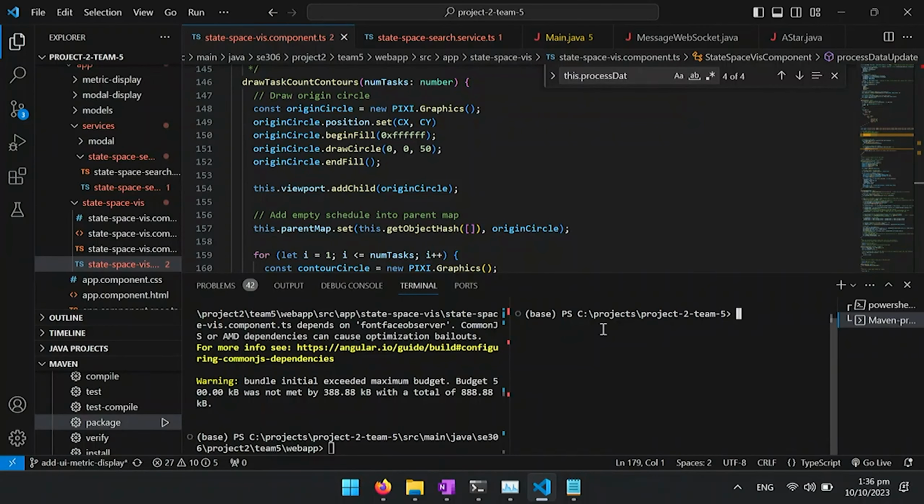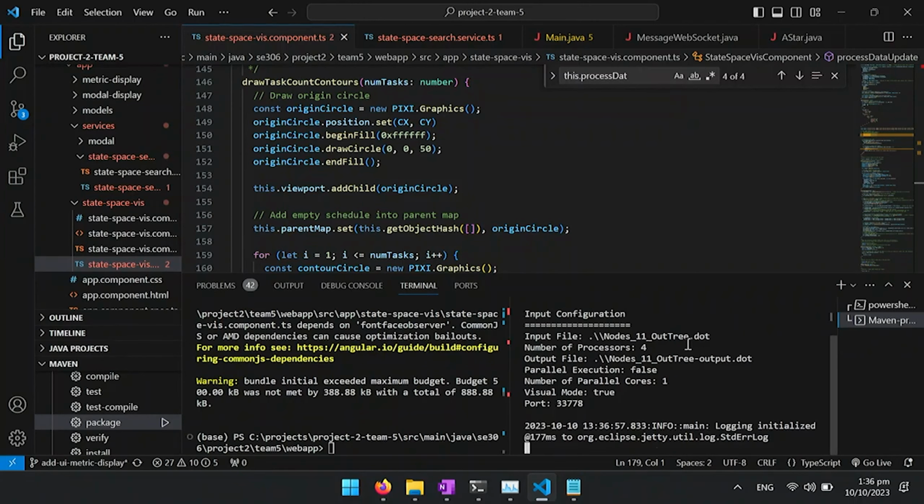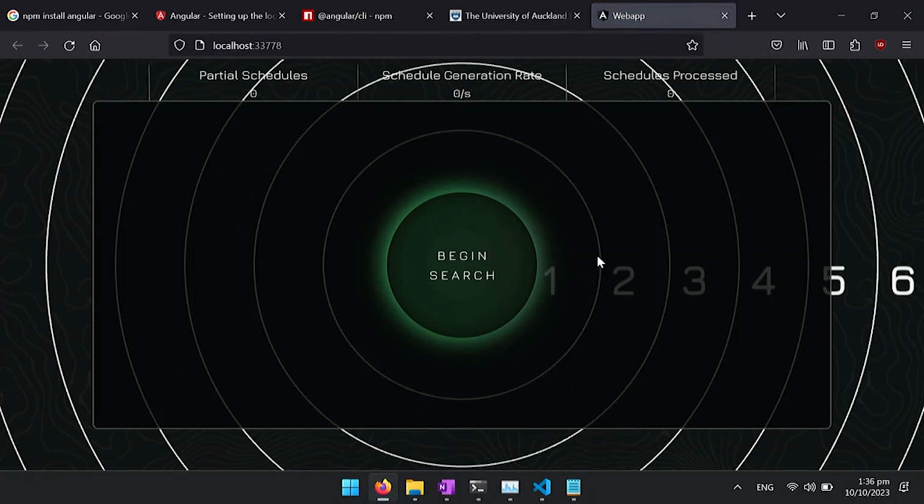But we do have a live demo that hopefully will work. So let's just get that out. You can see that it's actually a web-based one, so we didn't want to deal with JavaFX either. And if you press begin search,